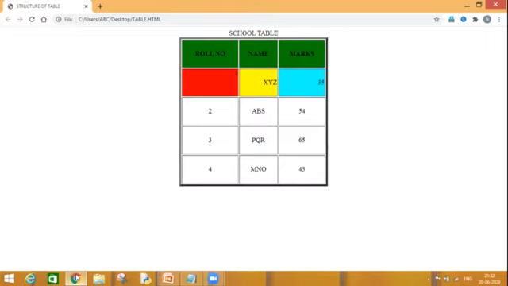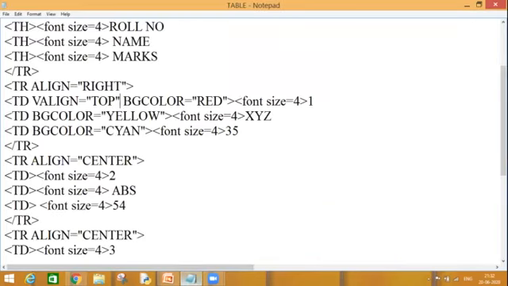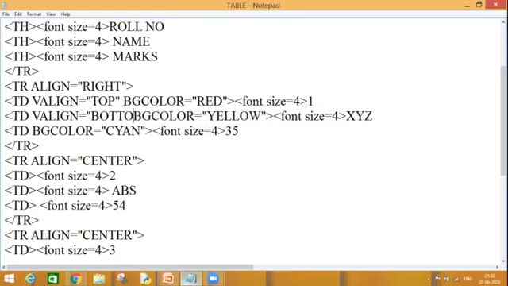But because I have applied right alignment in my row, it will be right aligned horizontally, but vertically it will be aligned top. Let's do some changes. In my second cell, I will align it to bottom.